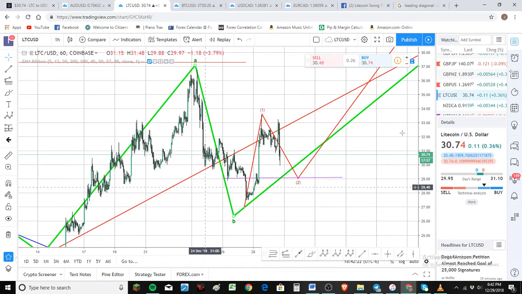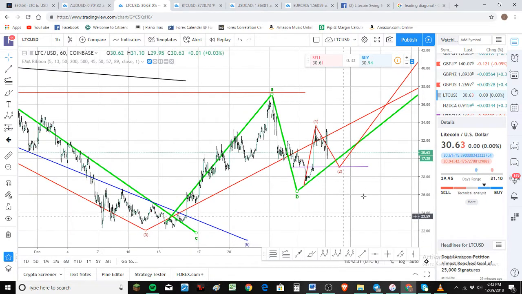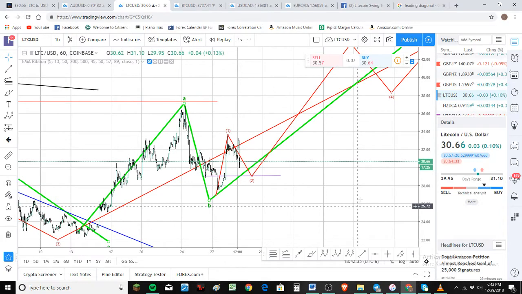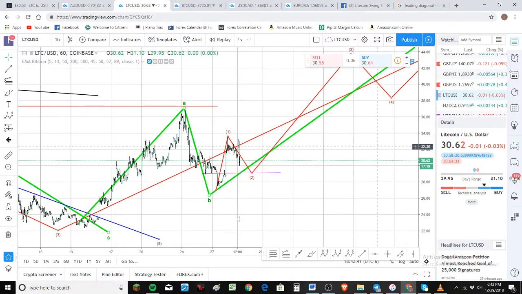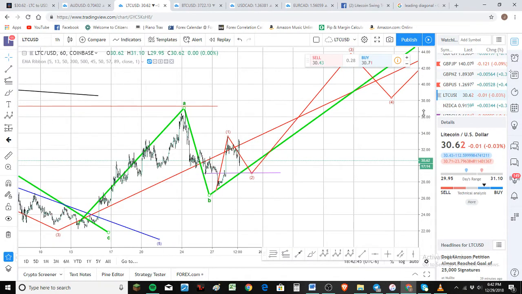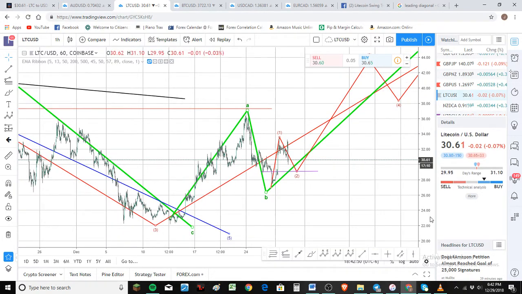But listen, this is so clear. This is such a clear motive wave. I'm 99% certain. I'm betting my Litecoin on it, and I am in right now, and I'm waiting for this 46, and then I will get out. I'm not trading these little swings. I'm trading the larger swings. So anyway, I'm looking for anywhere from 40 to 46, and then I'm going to get out and watch that wave come down. We're going to see what it's going to do.